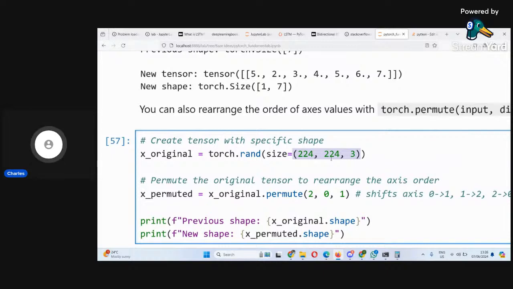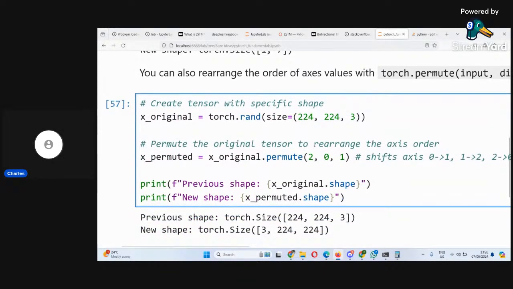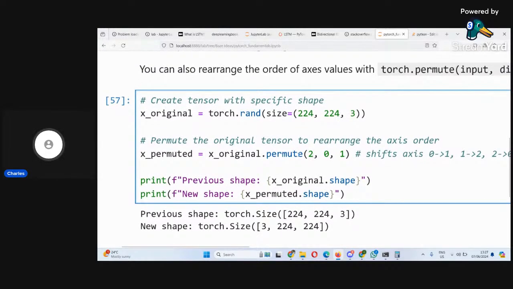Similarly, if we are building these neural networks, some of these libraries require the channels to come first before the shape of the tensor, and vice versa. So it depends on exactly what you're trying to do. So let's try to understand what this does. This permute is saying